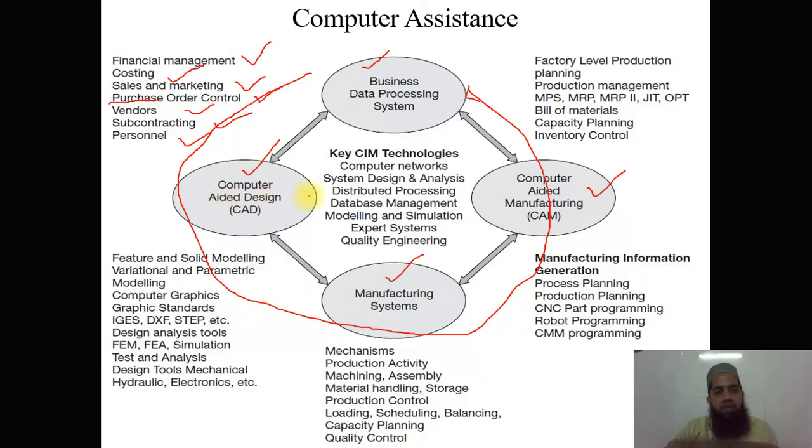Next, we have the computer aided design department. In the computer aided design department, we have feature and solid modeling. Computer aided design means we design by use of a computer. This department does the solid modeling of any product which is going to be developed. They get data from the business data processing department, which comes from surveys and feedback. Nowadays, by use of computers, they directly send survey reports to thousands of people, who can fill in the survey online and submit it.